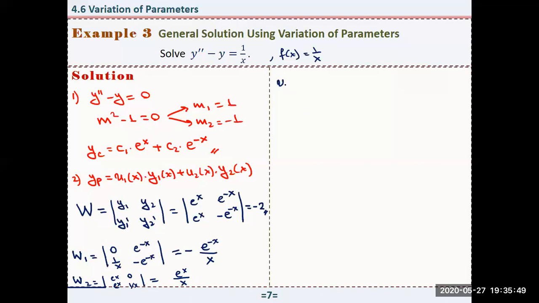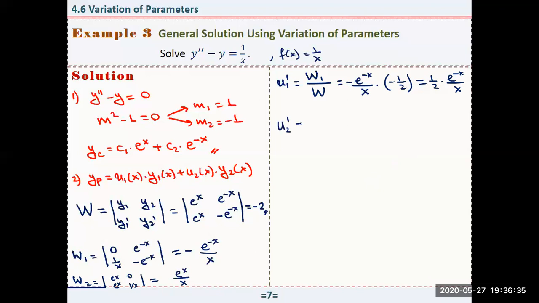So now we can find u sub 1 prime, which is w sub 1 over w. Okay, w sub 1 is equal to this. So that is minus e to the power minus x over x times 1 over w. 1 over w is minus 1 over 2. That is equal to 1 over 2 times e to the power minus x over x, right? It is minus 1, so it is plus, and